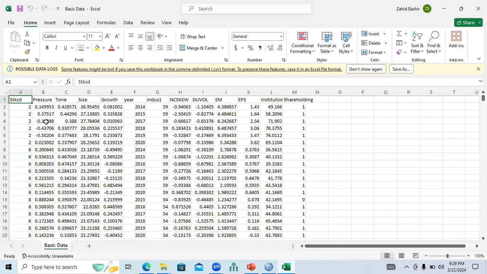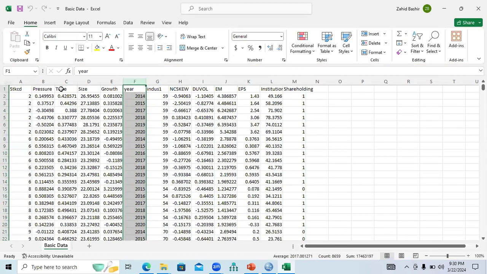So you can see here a year dimension as a part of your variables. You have a lot of variables here, like size variable, growth variable, and year variable. So let's suppose I am going to use a growth variable as a variable here and a year variable as a variable here. I can open this data set directly in my